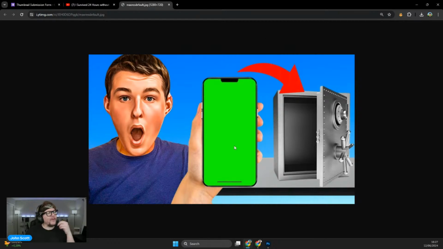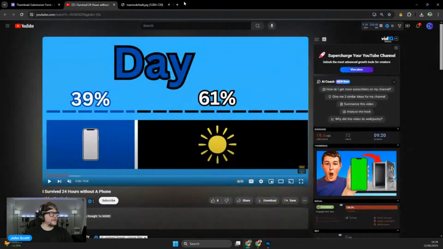I wonder if there's something you could do with the green screen part of this phone, because surely it's meant to be replaced. I also noticed that iPhones tend to resonate better in thumbnails. People just recognize an iPhone, whereas droids are very hit or miss. So yeah, something to consider. But you did really, I mean, you did everything that you're supposed to do.